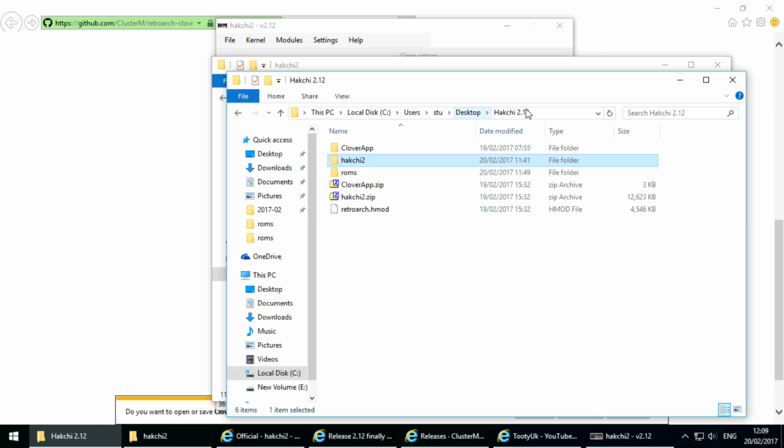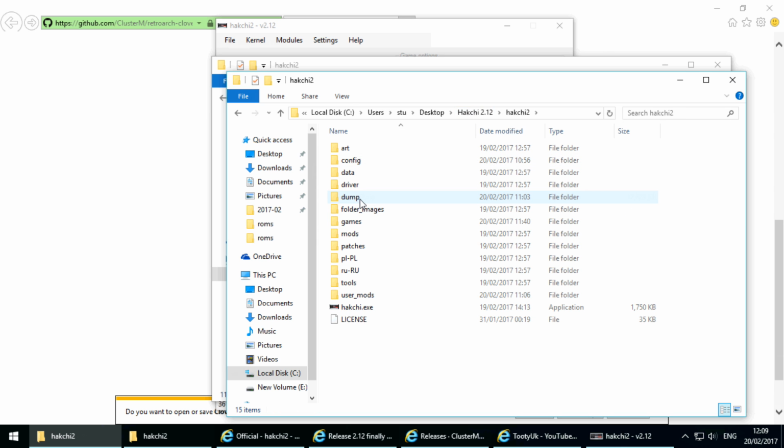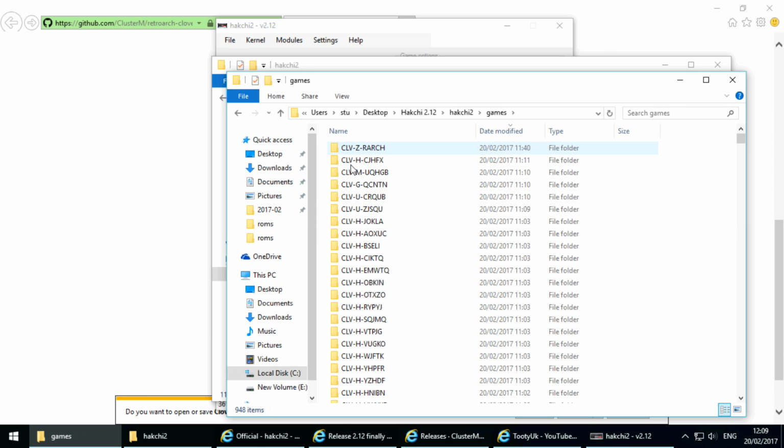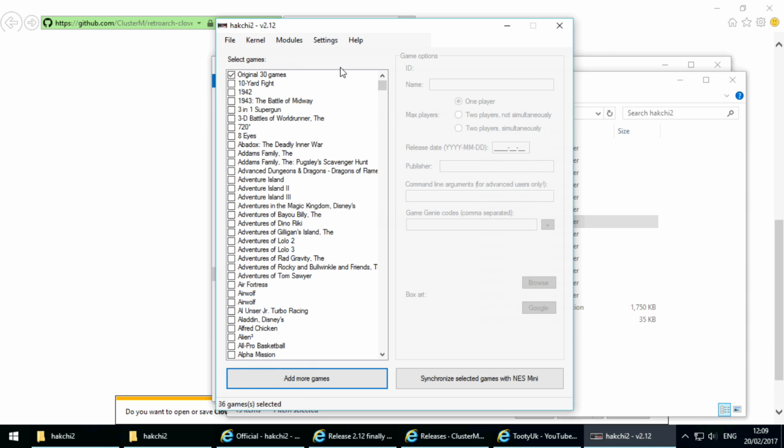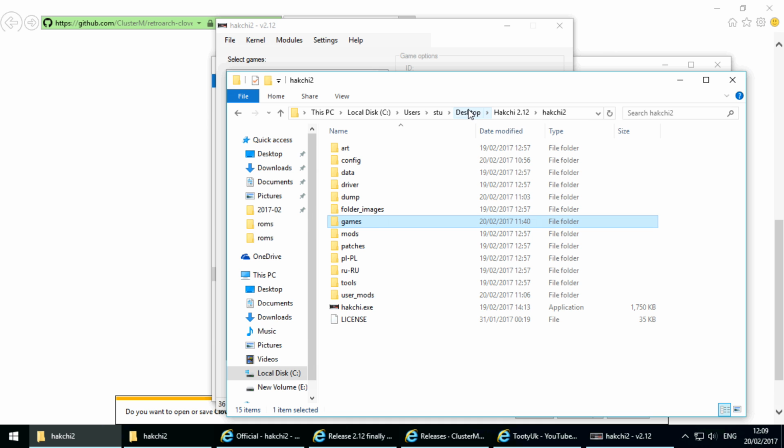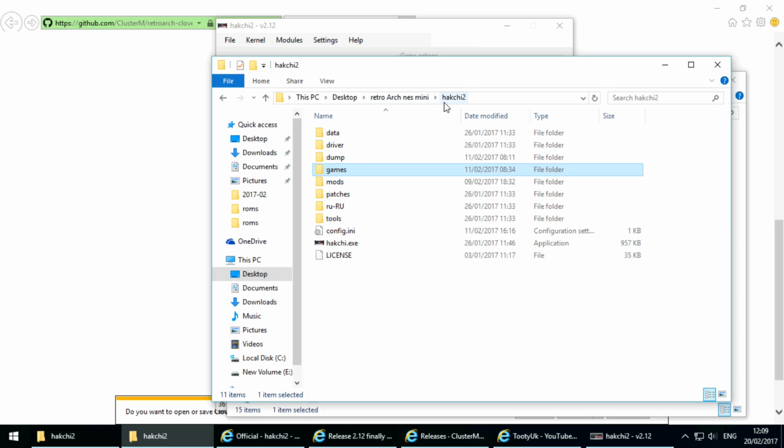Yeah, Hakchi2. So you've got all your games in there. Okay. So then with this new version of Hakchi2, 2.12, because it's a new one, if you try to do anything, it's going to ask you to dump the kernel. So again, if you go back to your pre-existing folder, Hakchi2, in my case the RetroArch beta,